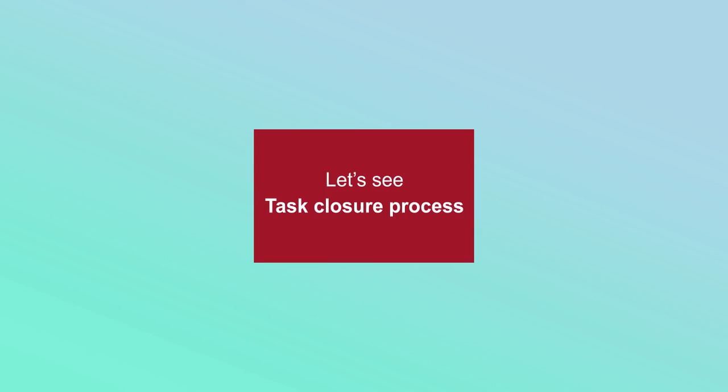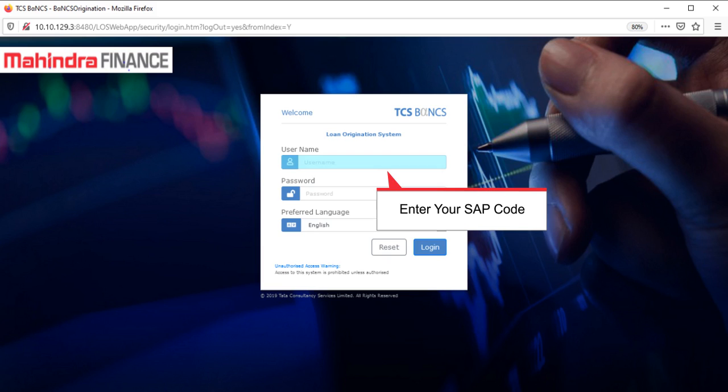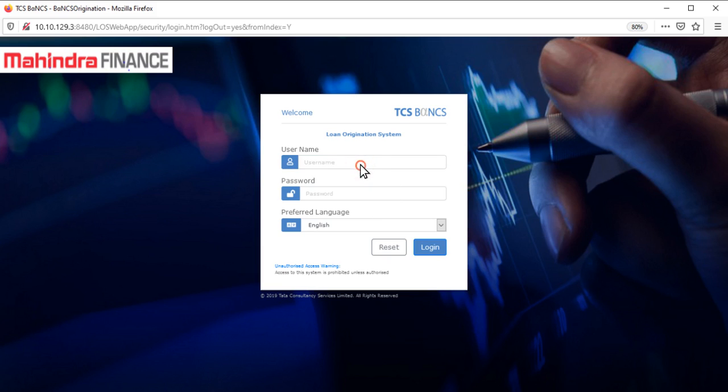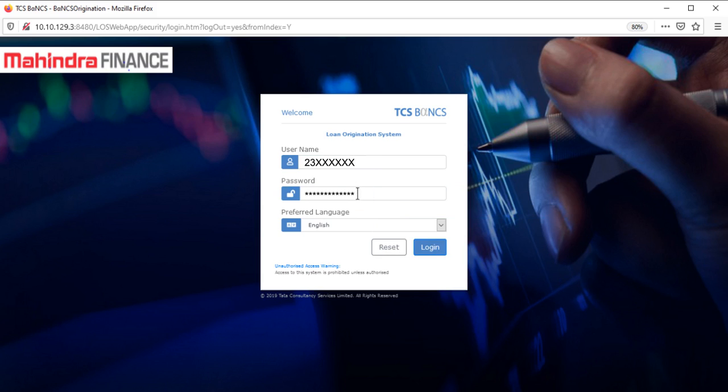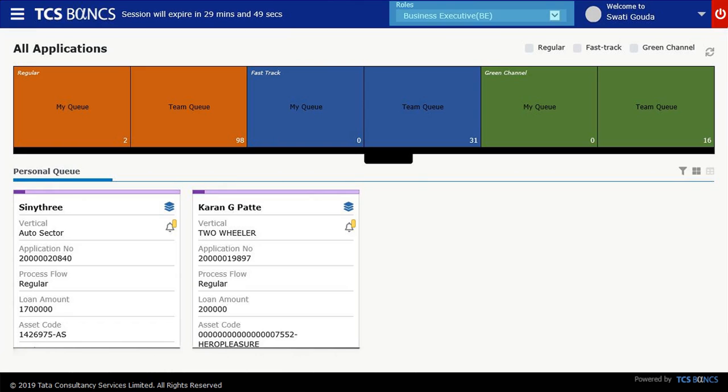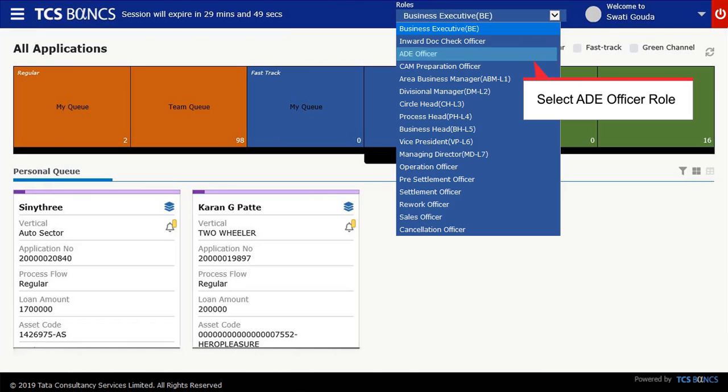Let's see the task closure process. Log into TCS BaNCS LOS using SAP code and password. In the roles list, select the required option, that is ADE officer.